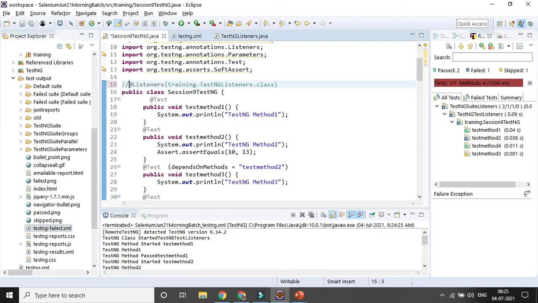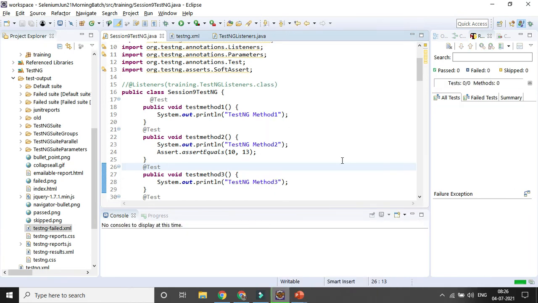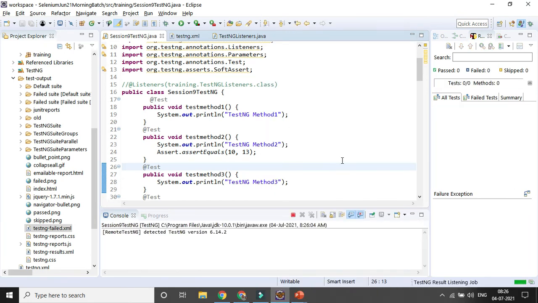Okay. So here I already have, I want to fail one test case, and I am removing that part. So now I have a total of 4 test cases, 1 test case will fail, right, and I want to run only the failed test case instead of running all the test cases. So I want to run the failed test case multiple times.